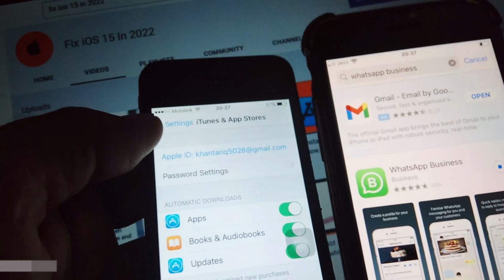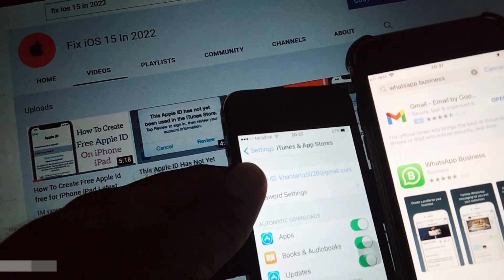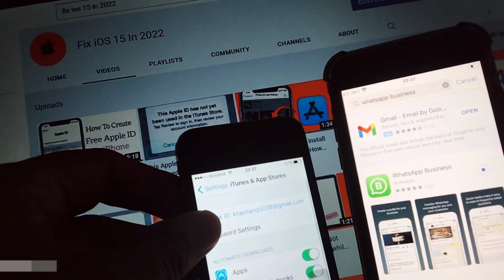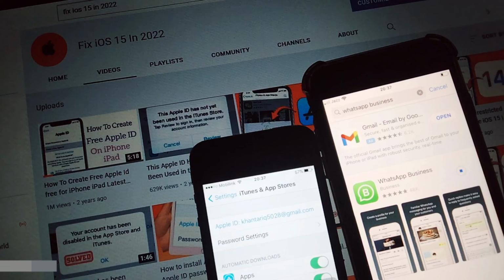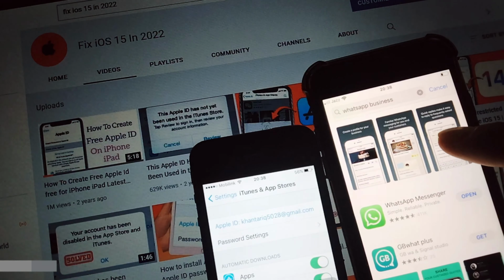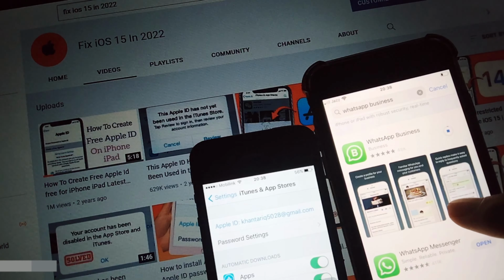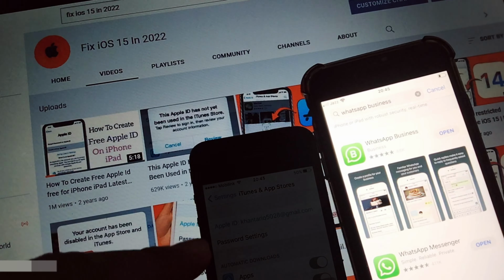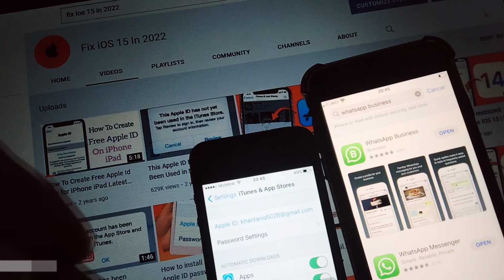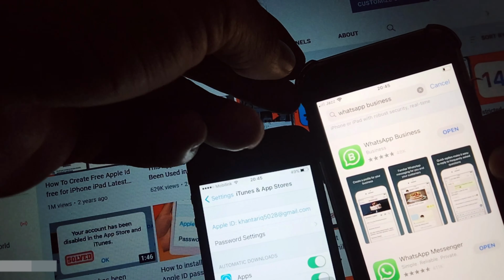So let it download here. So here guys, you can see WhatsApp has been